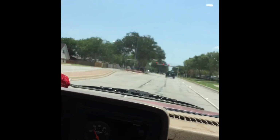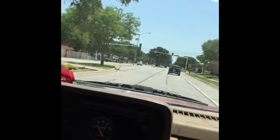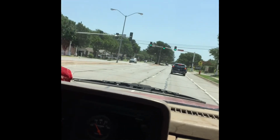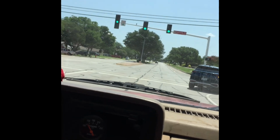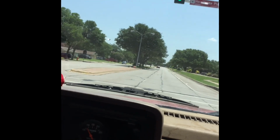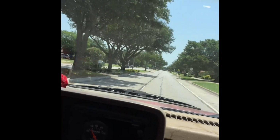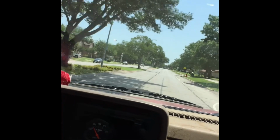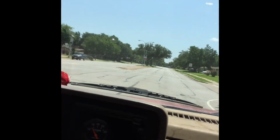Friday morning, mow the rest of the grounds of the property, and it'll be good. Over here on the right is the dog park where we go just about every night, except for Monday when they're closed. And there's a skate park over here, pretty cool. The rec center and the pool are connected to that as well